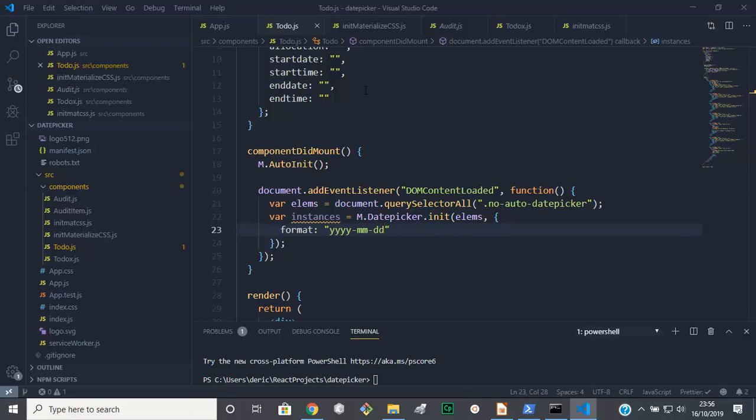Okay, in the meantime, let us leave it as it is. Okay, so we have been able to use no-autoinit. All right,